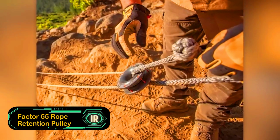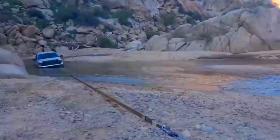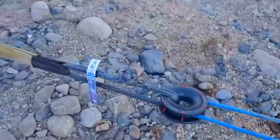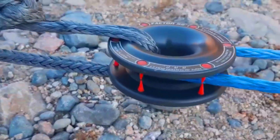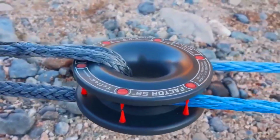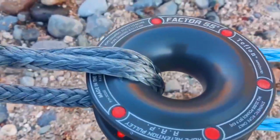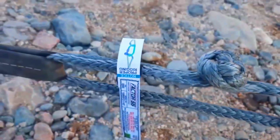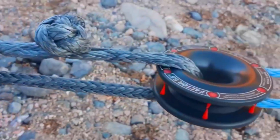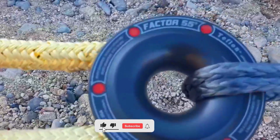Factor 55 rope retention pulley. Pulley for winch, complete with a patented retention feature. This pulley is a great alternative to traditional heavy-duty pulleys, designed exclusively for use with synthetic ropes. It works in combination with a soft shackle when the rope goes slack. Special rubber fingers hold it securely in the groove. This prevents damage and premature failure, making the